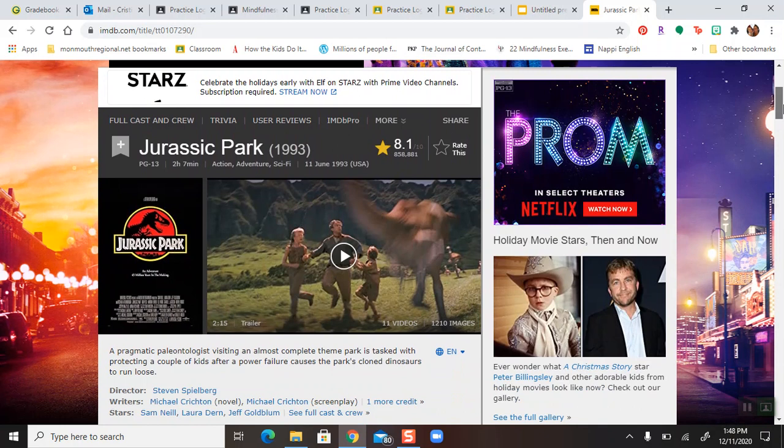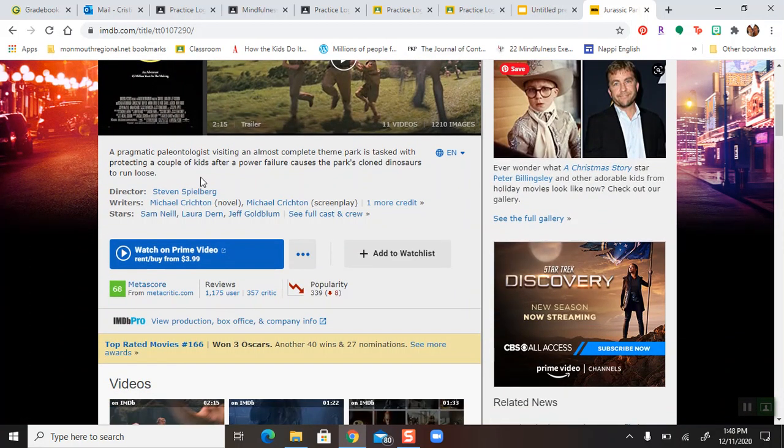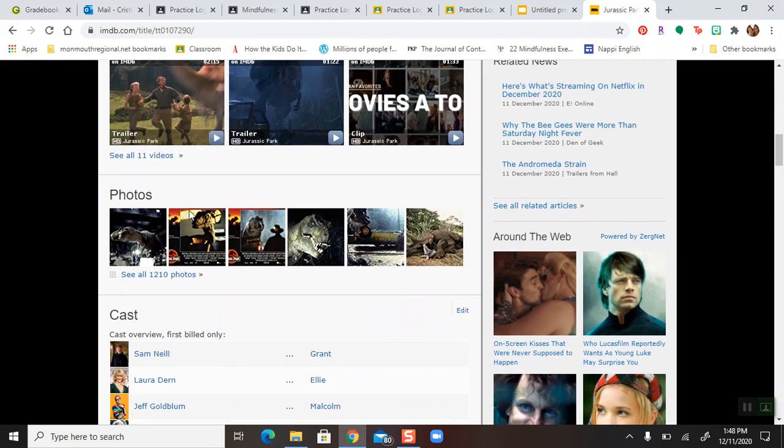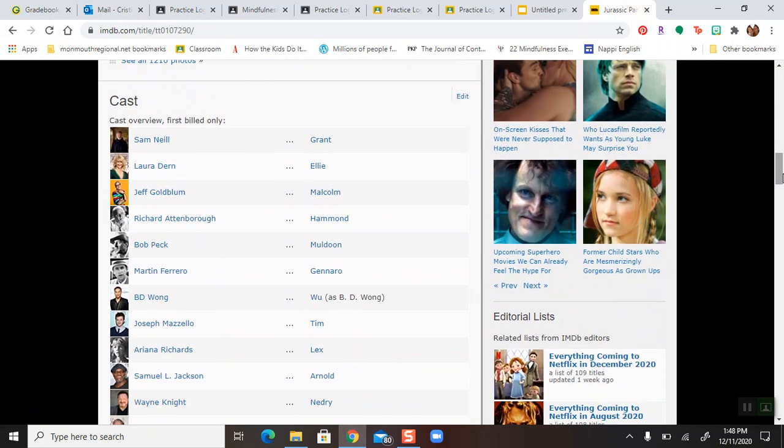There's already a trailer there, so that's awesome. We get all of the publication information up here, which is necessary for your assignment, so that's helpful. There's some additional photos from the movie. Oh, like 1,210 additional photos, so you get a lot there. And here's your cast and crew, so you get all of the characters' names, and the people who